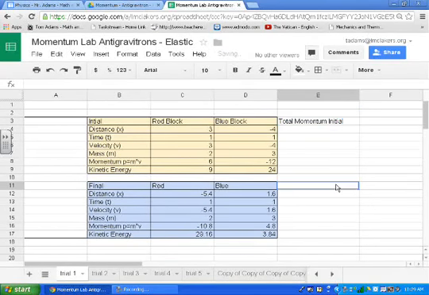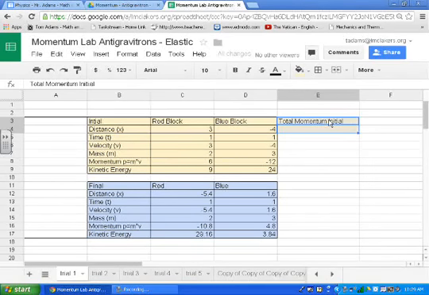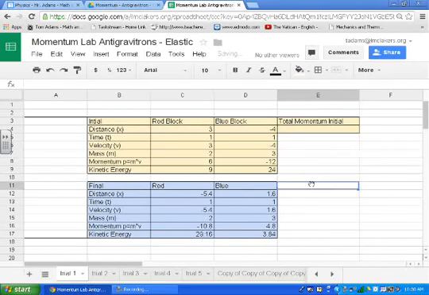So I typed in here total momentum for the initial condition, and then on the little thing underneath, I'm going to separate this, make it the same color as everything. So I click on the following icons. You highlight the cells that you want to change the format, and then you can click on the border icon and then the paint fill icon and choose the appropriate colors. Down here I'm going to put total momentum final,